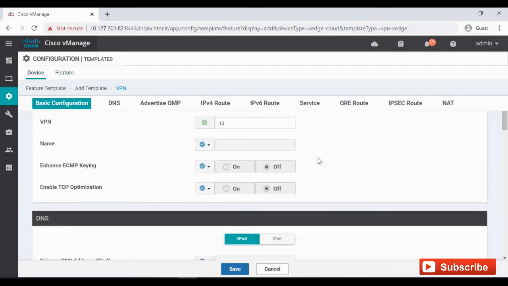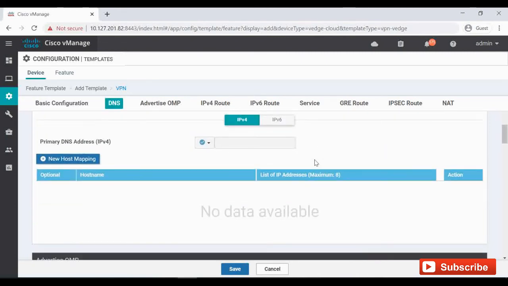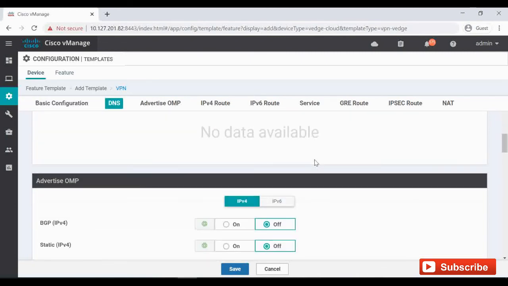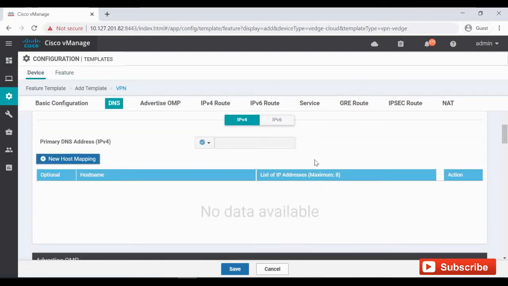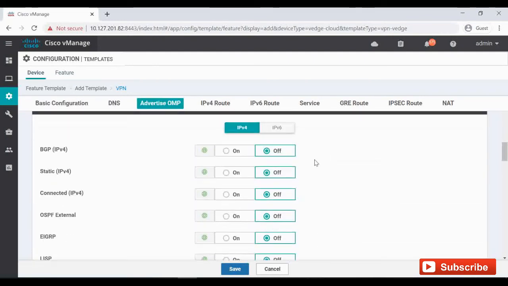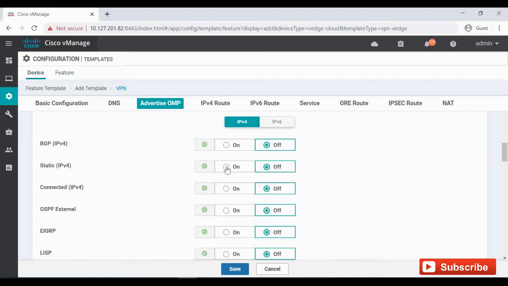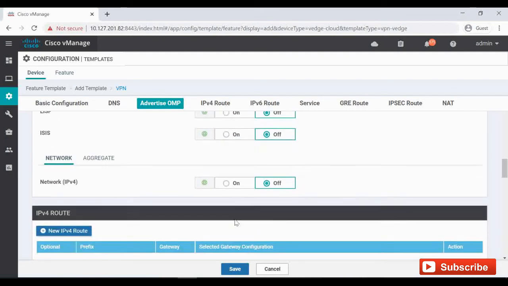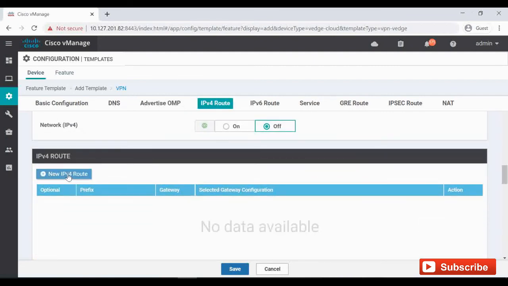And the rest everything I'm going to keep as it is. So I'm going to enable OMP for static, connected, external OSPF. So here I am going to inject a default route.